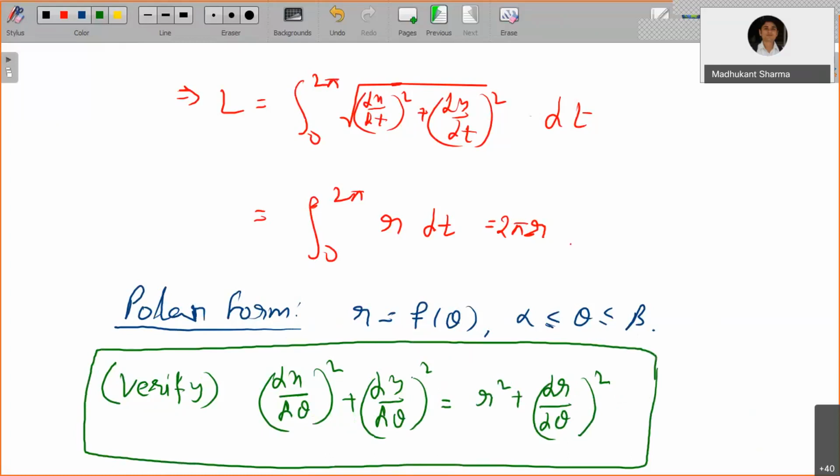That's very simple because you know that x equals r cos theta and y equals r sin theta, and treat r as a function of theta. So now r and theta are not independent; r is a function of theta. You have to treat r as a function of theta, differentiate, take the squares and add them. You will be able to find the formula. So these are the things for definite integrals.